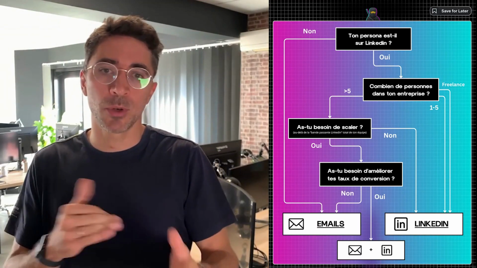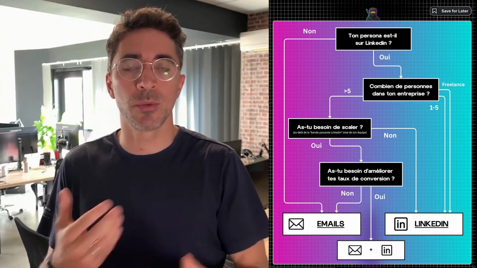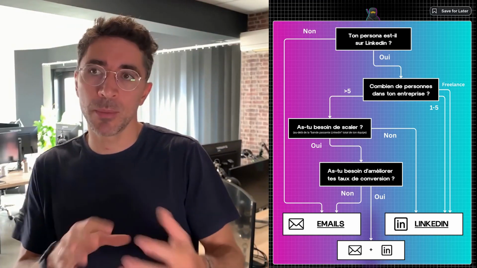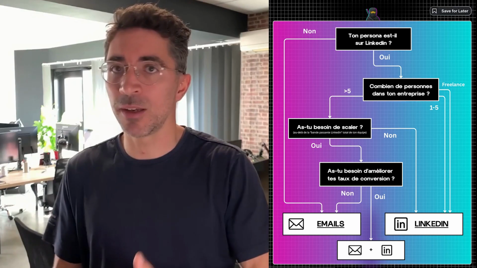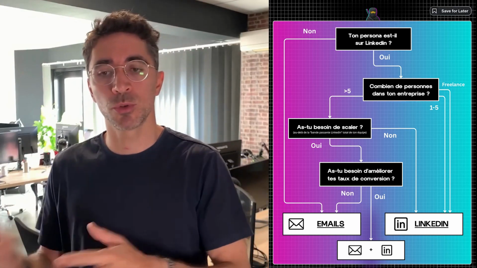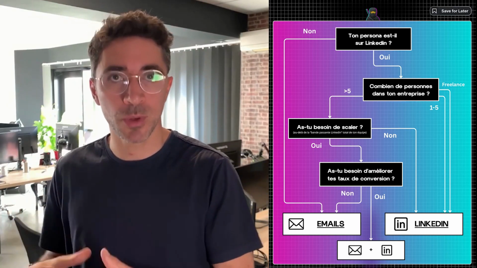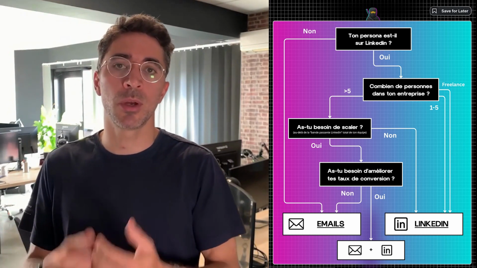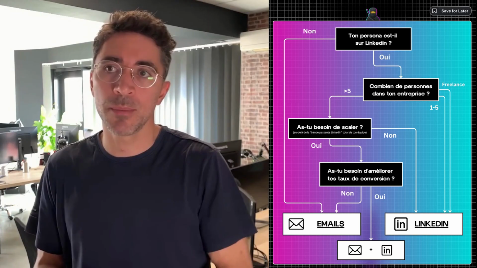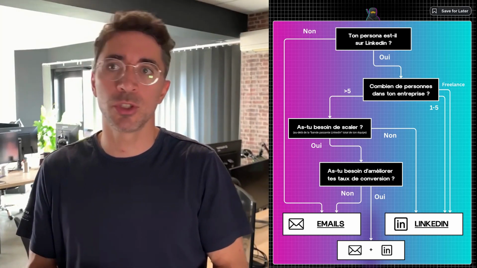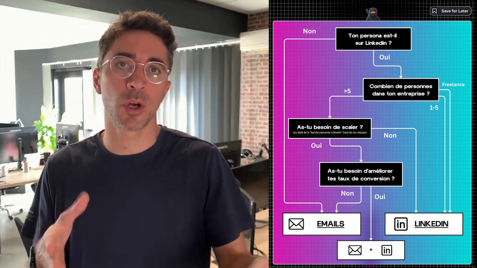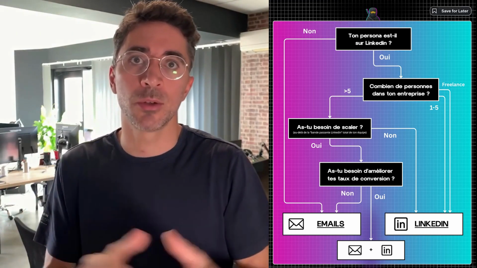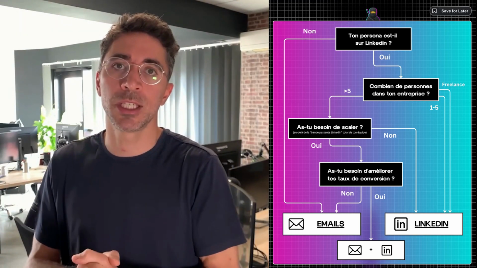It's exactly the same logic for a company with between 1 and 5 employees or collaborators. Generally speaking, there can be exceptions. Maybe you have the tools, the desire, and the knowledge to move towards cold emailing, which requires a bit more preparation and technical skill. But overall, when you have a very small team, it's the same as for a freelancer. Lead generation and prospecting are not your main job. You should focus on your core business.